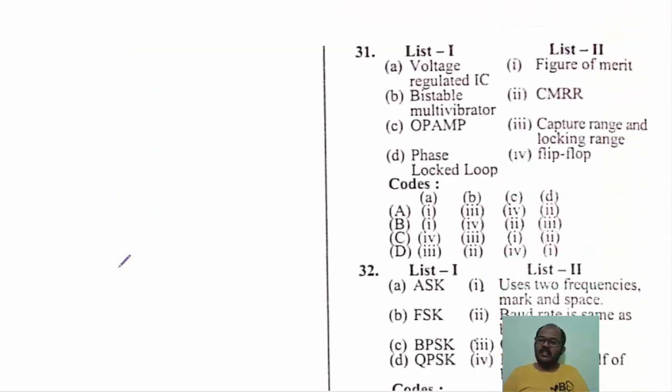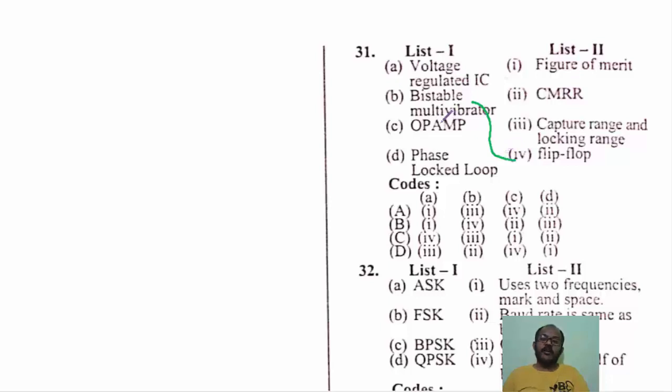31st question, match the following. On the list 1 they have given voltage regulated IC, bistable multivibrator, operational amplifier, phase lock loop. On the list 2 they have given figure of merit, common mode rejection ratio, capture range and locking range, flip flop. We know that bistable multivibrator, in this case you will be having two stable states similar to that of a flip-flop. Flip-flop is a bistable element which can store a single bit of information that can be either logic 0